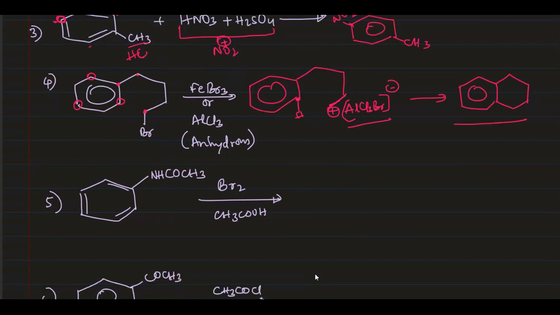Okay. So next compound, see here, the substrate, if you see, there is a lone pair here. As a consequence, this benzene ring will have higher electron density at the second, sixth and fourth carbon atoms, and this particular reagent gives us Br plus and CH3COO minus, also HBr. So basically the Br plus bromonium ion is formed by this. So this is an electrophile now. This electrophile will naturally attack at the fourth position.